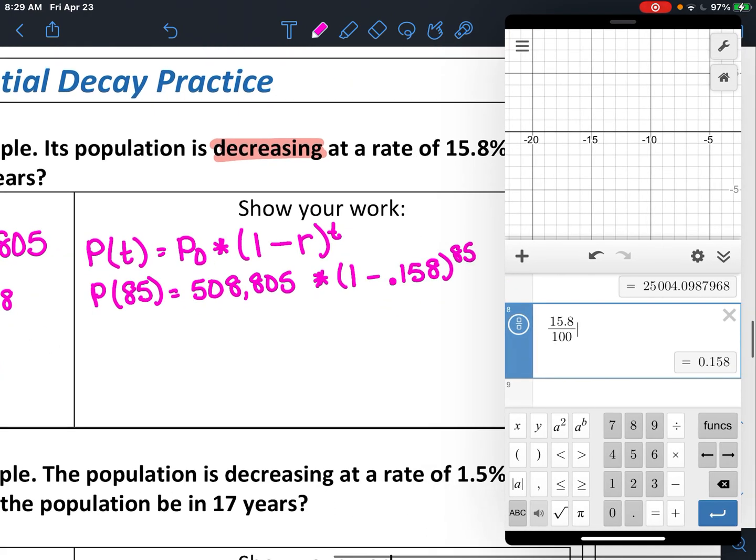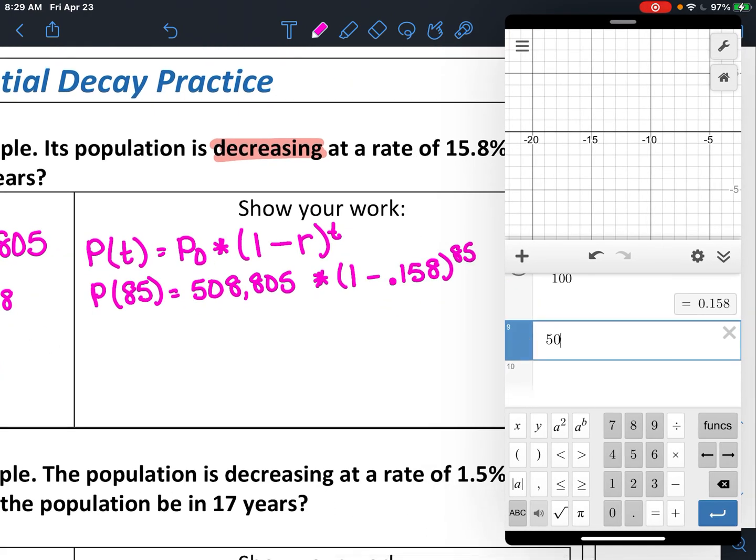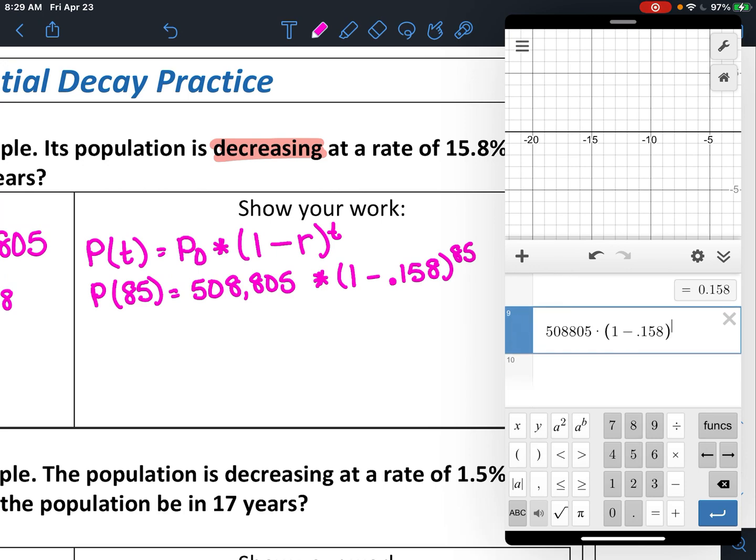I'm just going to take this into Desmos. I'm going to plug in exactly what I see. Times 1 minus 0.158 to the power of time. So that means that P of 85 equals